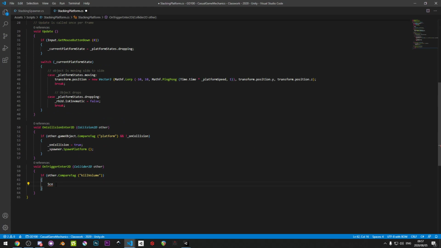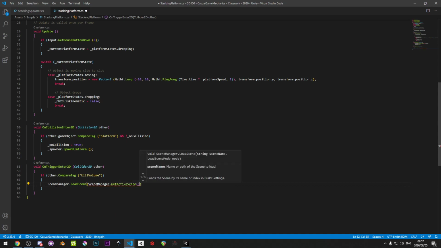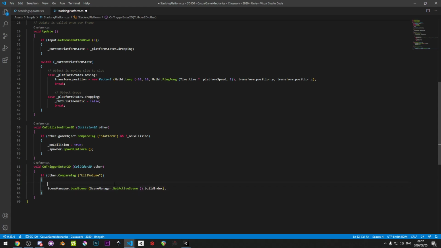Go down here. We start typing now. We're going to get SceneManager.LoadScene. And what scene do we want to load? We want to go SceneManagement.GetActiveScene and get the build index. I always prefer build index to strings. Strings, first of all, are more expensive, and the build index is like 0, 1, 2, 3, 4, 5. It's simpler for me. And all we're doing here is, let me put a comment above this to tell it, put what you would like to happen in here